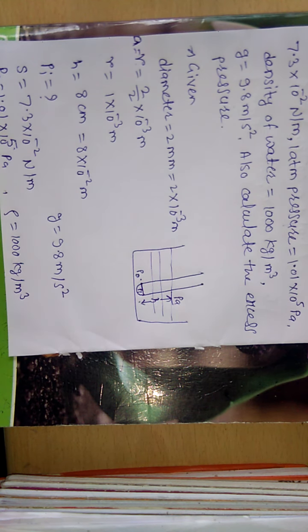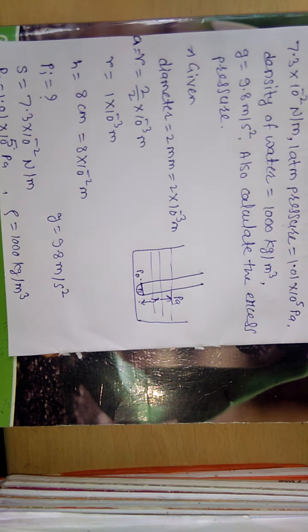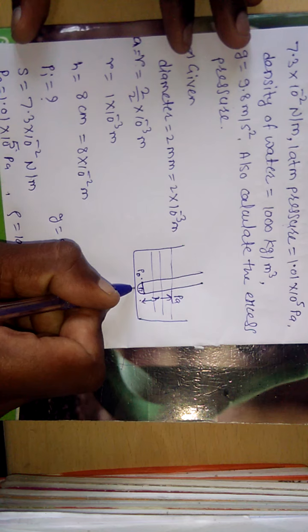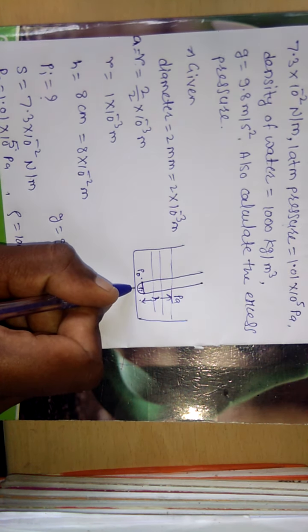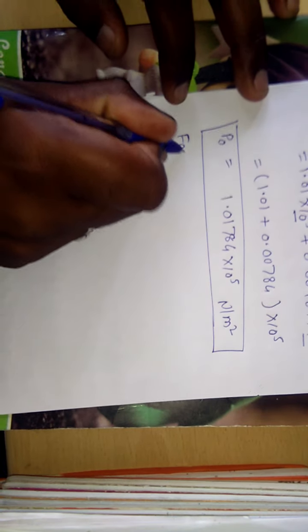Therefore, for the pressure difference, do you know that the pressure inside minus pressure outside is equal to 4s by r for a bubble? For a bubble, the pressure inside, that is pi minus p naught, is equal to 4s by r, but this is a hemispherical bubble. Therefore the pressure difference, pi minus p naught, is equal to 2s by r for a hemispherical bubble.